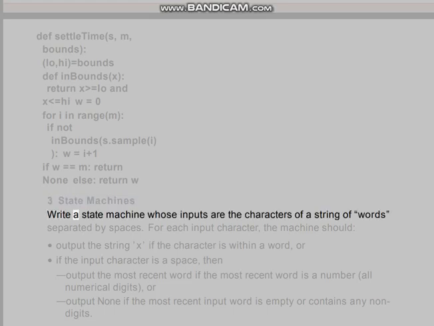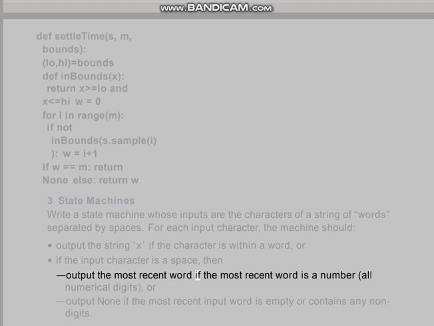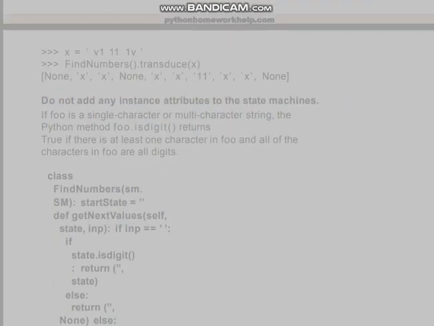3 State machines. Write a state machine whose inputs are the characters of a string of words separated by spaces. For each input character, the machine should output the string x if the character is within a word, or if the input character is a space, then output the most recent word if the most recent word is a number, all numerical digits, or output None if the most recent input word is empty or contains any non-digits. Assume there is never more than one consecutive space. For example,